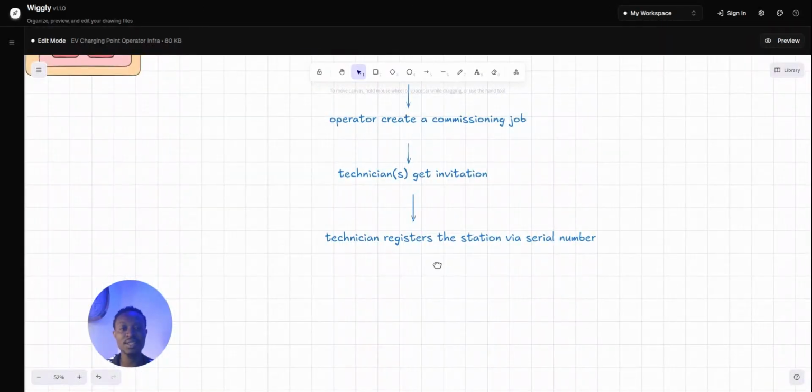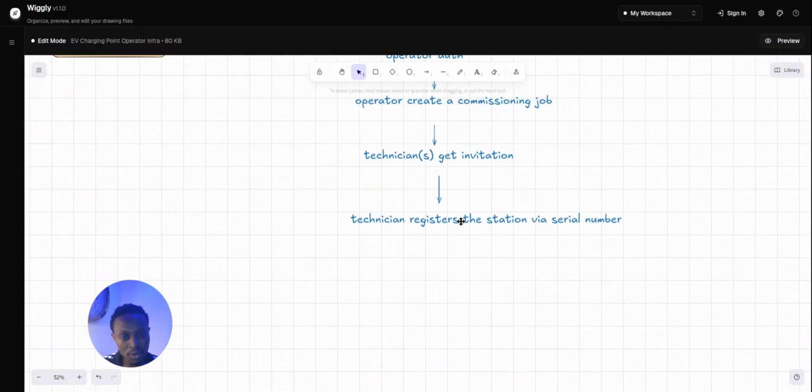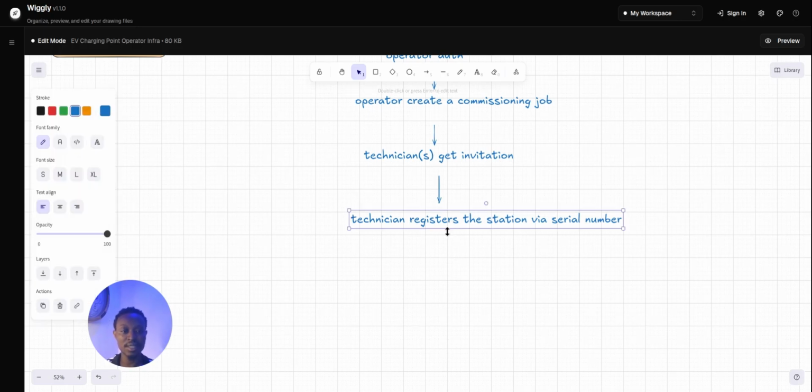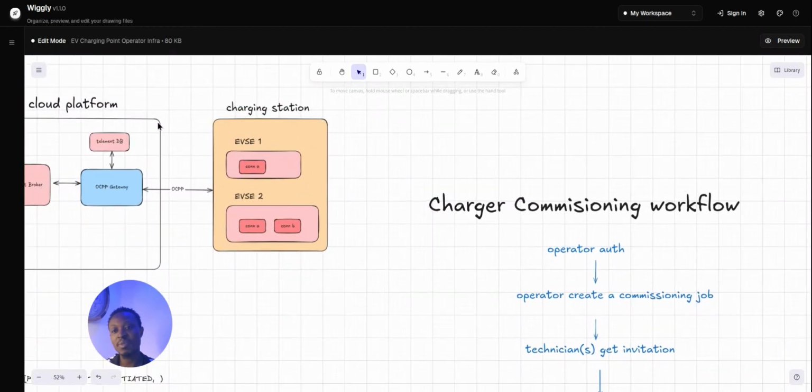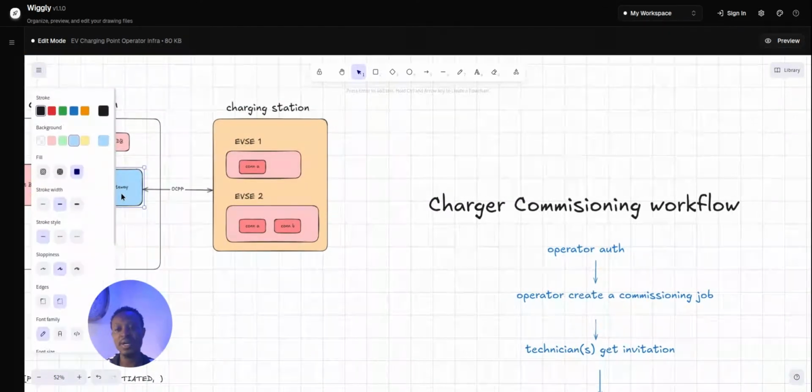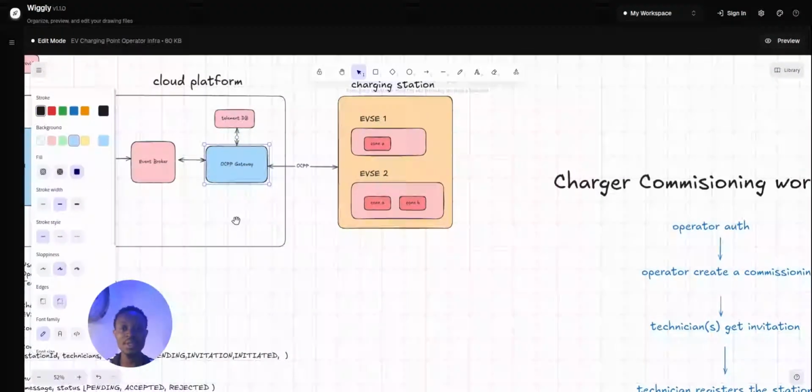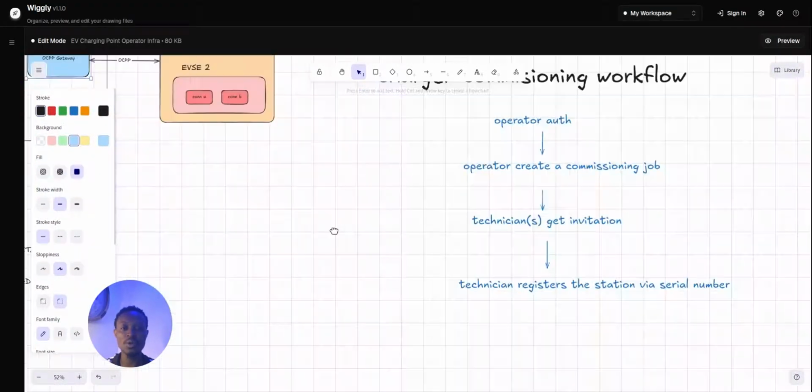Then the technician can go on and turn on the charger and let it start sending its first signal. So connect it to our backend. So it starts sending the first signal. So our gateway is aware of it. So what will end up happening is